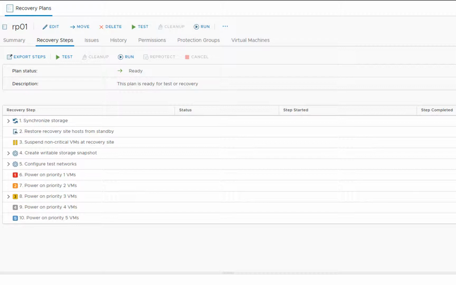SRM doesn't call it failback. We just used to call it a reverse failover because that's exactly what you do. It's going to fail over the VMs back from their recovery site back to their production site. And in order to do it, very similar to the real failover, the only thing you need to do is click the run button,